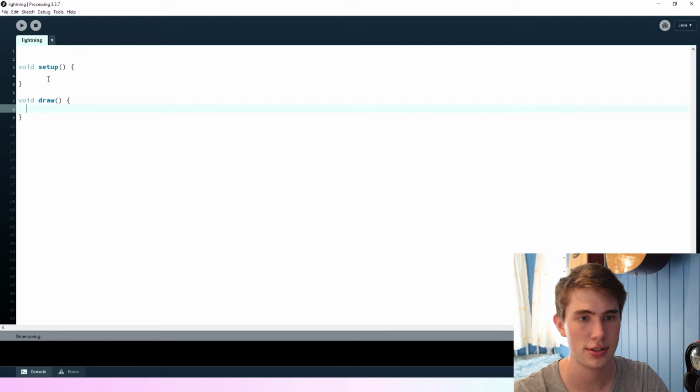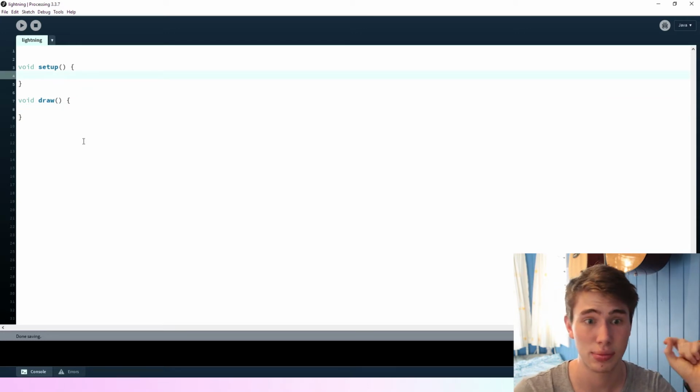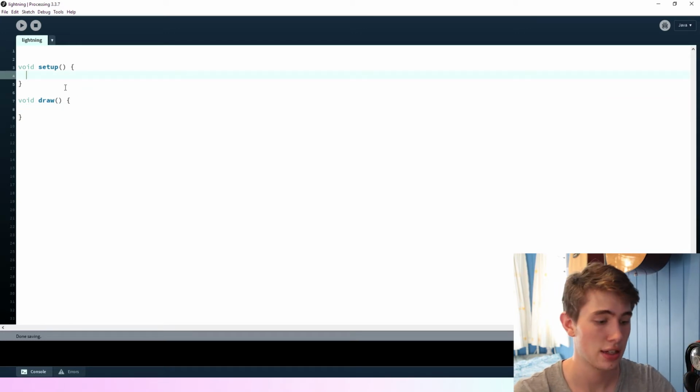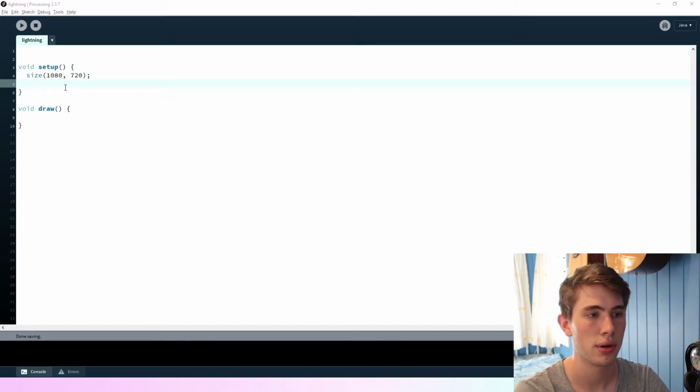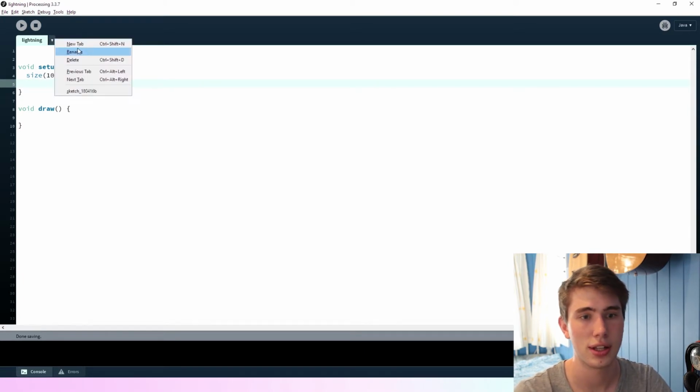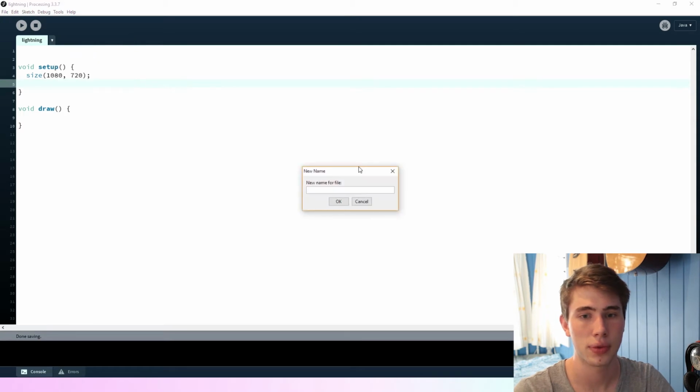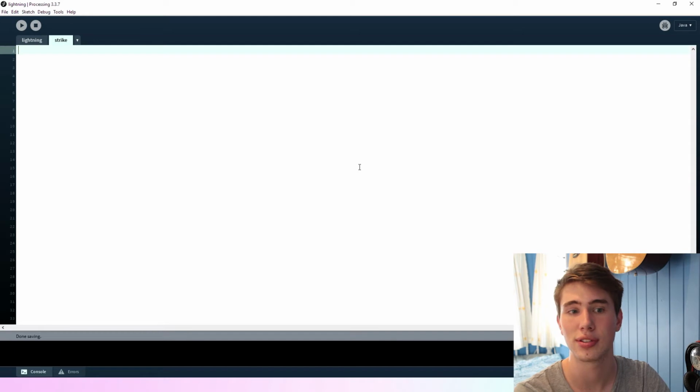So let's get into it. We're going to be creating some lightning. To do that, firstly I'm just going to set the size of the canvas to be 1080 by 720. And then I'm going to create a new class called strike, because it's a lightning strike, so we'll call it class strike like this. And so we need to create a constructor,